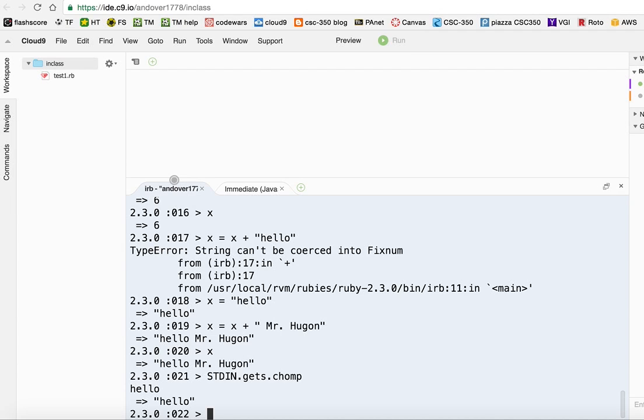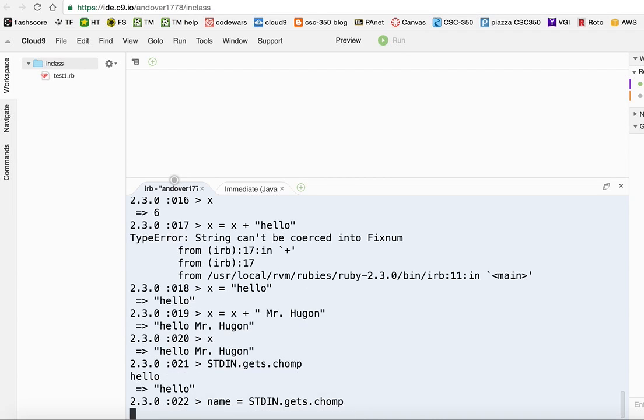The standardin.gets.chomp is not that useful unless you assign this result to a variable, and we would do this in exactly the same way that we assigned strings and ints to a variable before. So I could say something like name equals standardin.gets.chomp. Now the program waits for my input. I can type my name, Mr. Hugon,